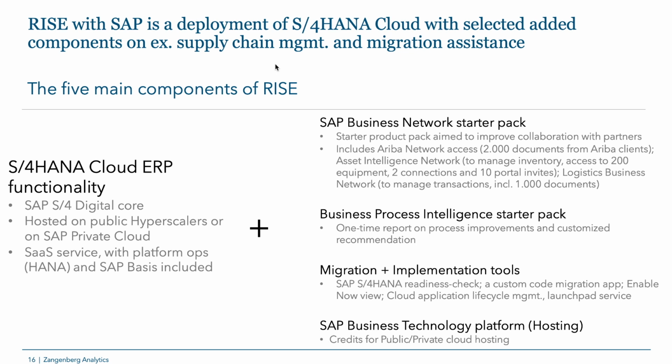If you take the complexity away from transformation as a service and look at the specific products in place, then aside from the cloud ERP functionality, you get the business network starter pack, which is a compress of a few software products and accesses. For instance, you get access to the Ariba network with, I think, a basic 2,000 documents from other Ariba clients. You get access to the Asset Intelligence Network, and also the Logistics Business Network. But basically, as they say, this is a starter pack. So by default you get a few licenses to see if this is something for you, but it is a quite narrow scope